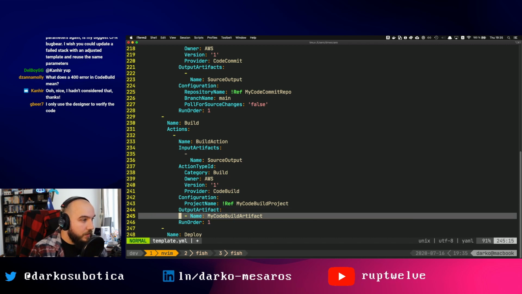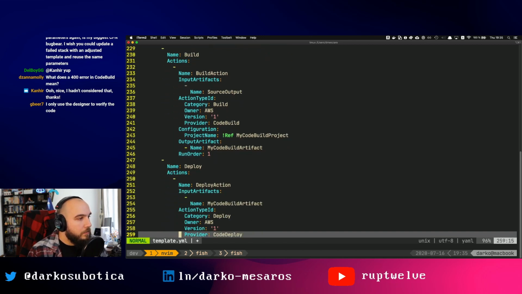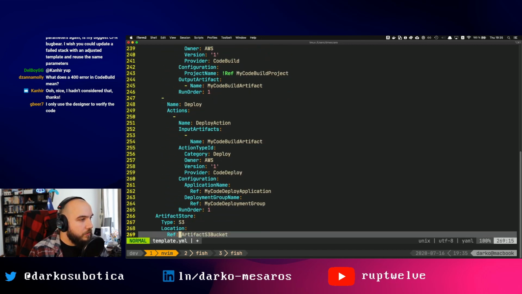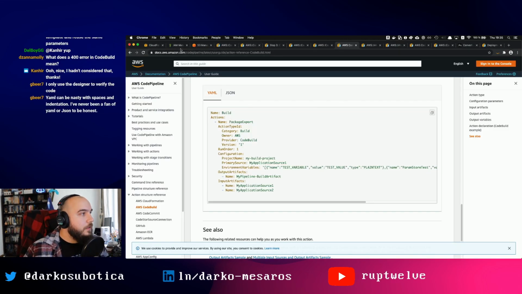I think this is it, but let's not jump the gun. The deploy one is configuration. Okay, I think this is fine. I found something that CFN-Lint doesn't detect. If I do this and then go here, what I'm gonna do here is I'm gonna delete. Yeah, YAML can be very nasty with